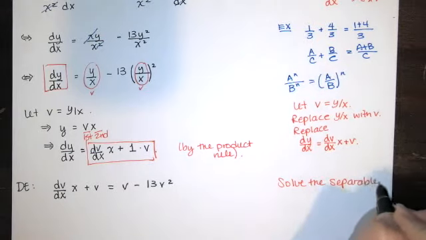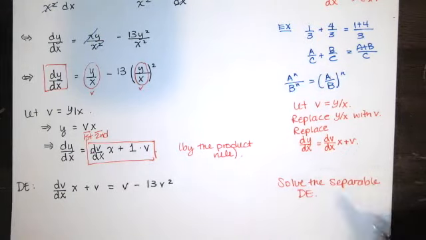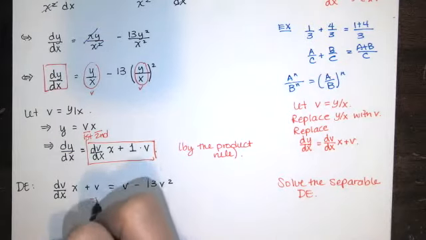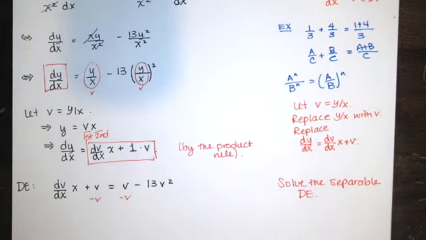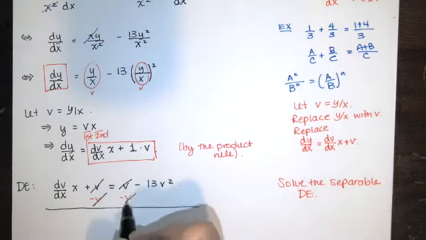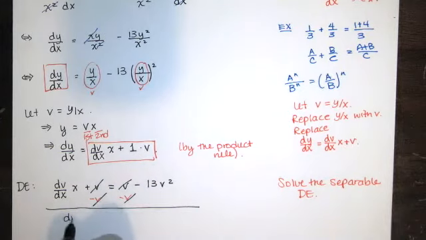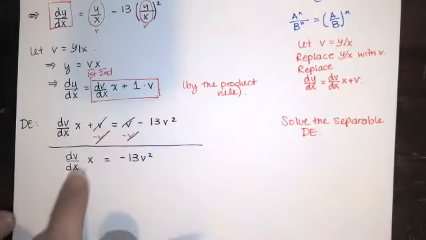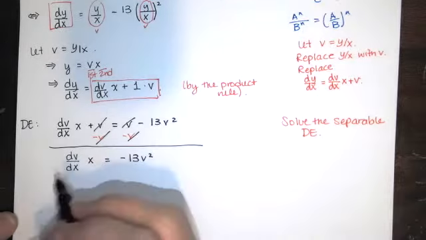This differential equation will always be separable in v and x. So first I would subtract v from both sides. That's nice. The v's are gone. And you end up with dv dx times x equals negative 13v squared. Now, we have this x function here and a dx in the denominator. In order to